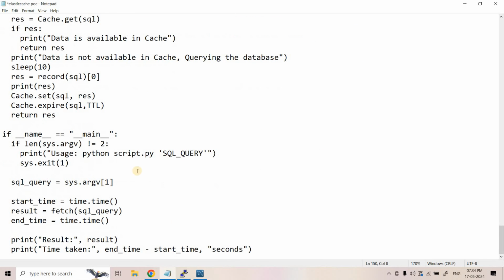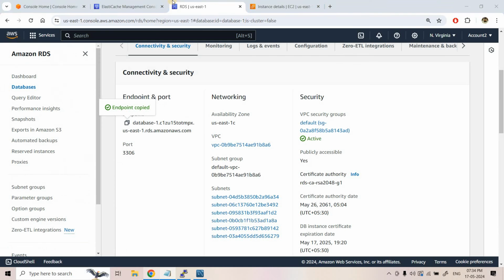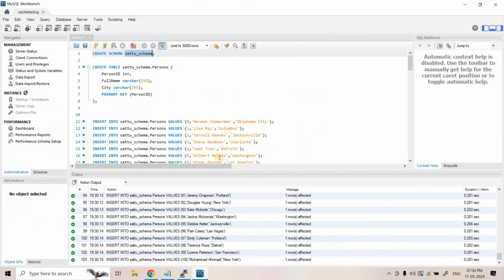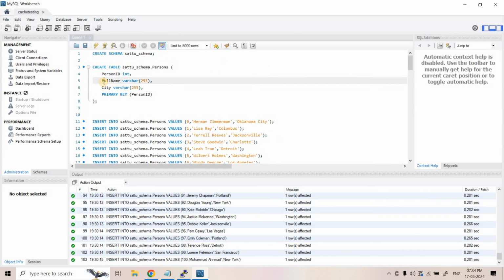So how should we run our Python code? We should run it like this: python script.py, and here we need to pass the SQL query. So let's go to our MySQL system, and for example, we want to execute this query: select star from person table where the column name, what is the column name? The full name